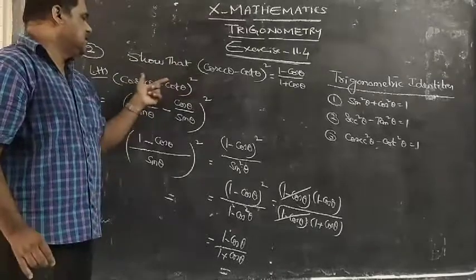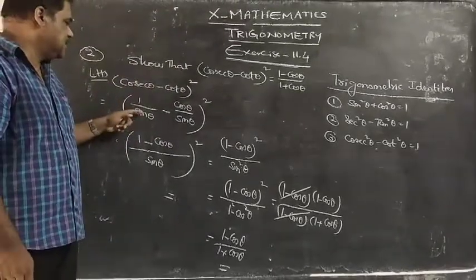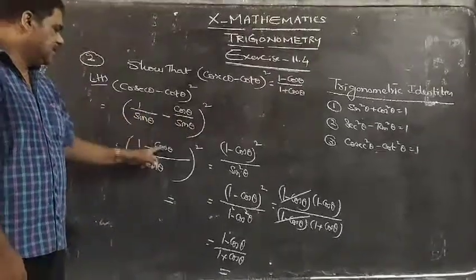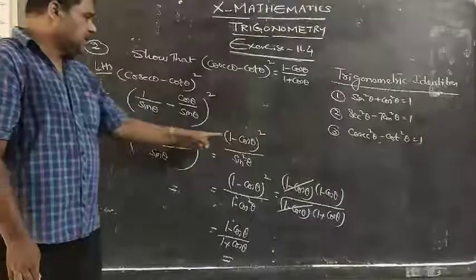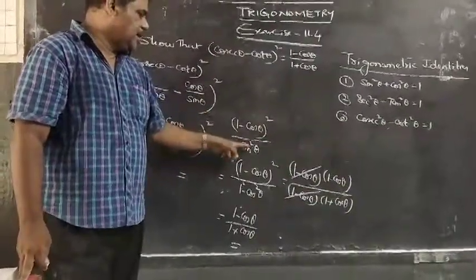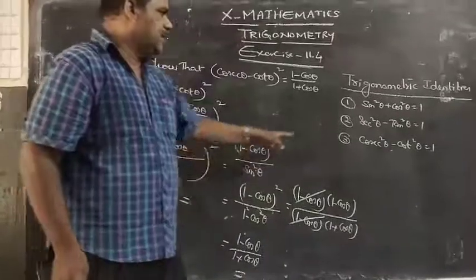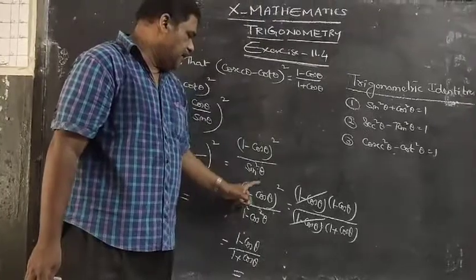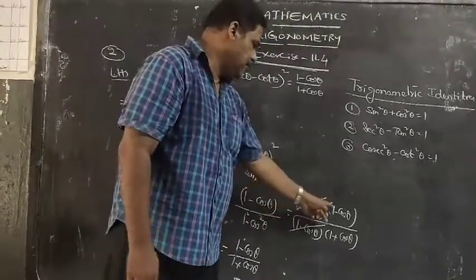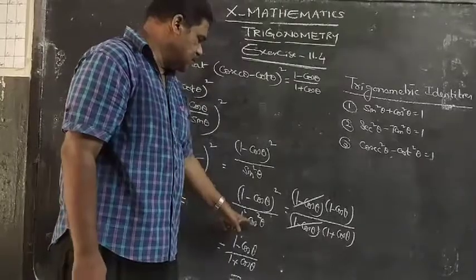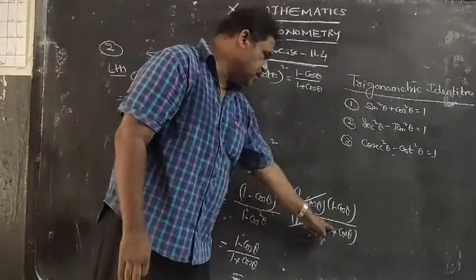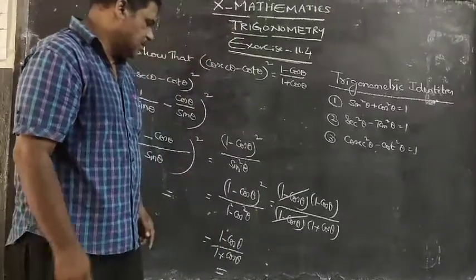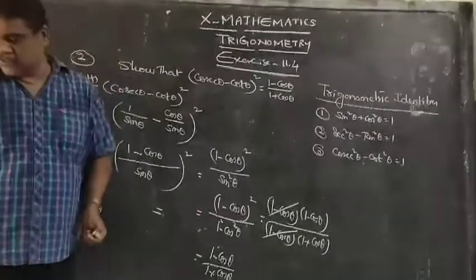So first you take LHS, cosecant theta you write it as 1 by sin theta. Cot theta formula is cos theta by sin theta. Take LCM. Write whole square separately for numerator and denominator. Now sin square theta can be taken as 1 minus cos square theta. Now a minus b whole square you can write a minus b into a minus b. Denominator is a square minus b square, you can write as a minus b into a plus b. So that we can cancel 1 minus cos theta. Now the answer is 1 minus cos theta by 1 plus cos theta.